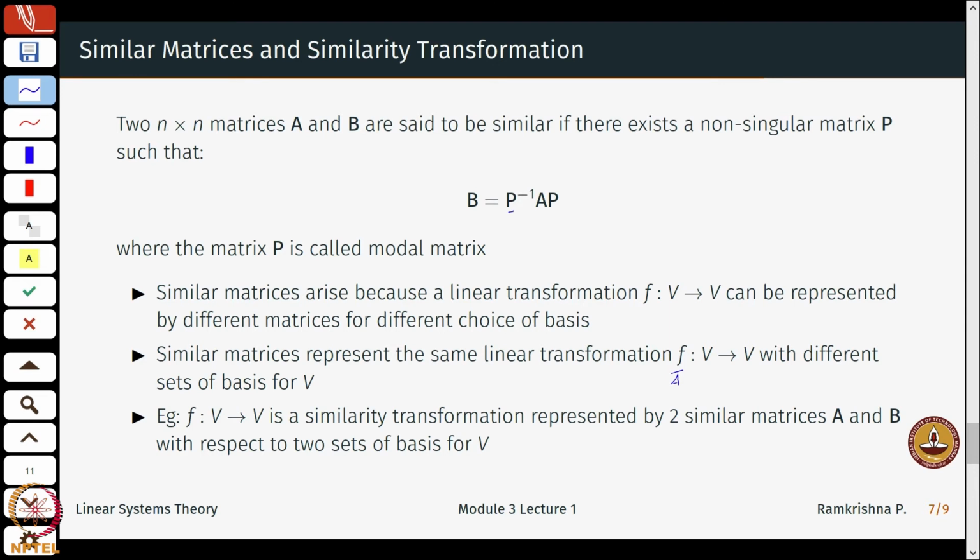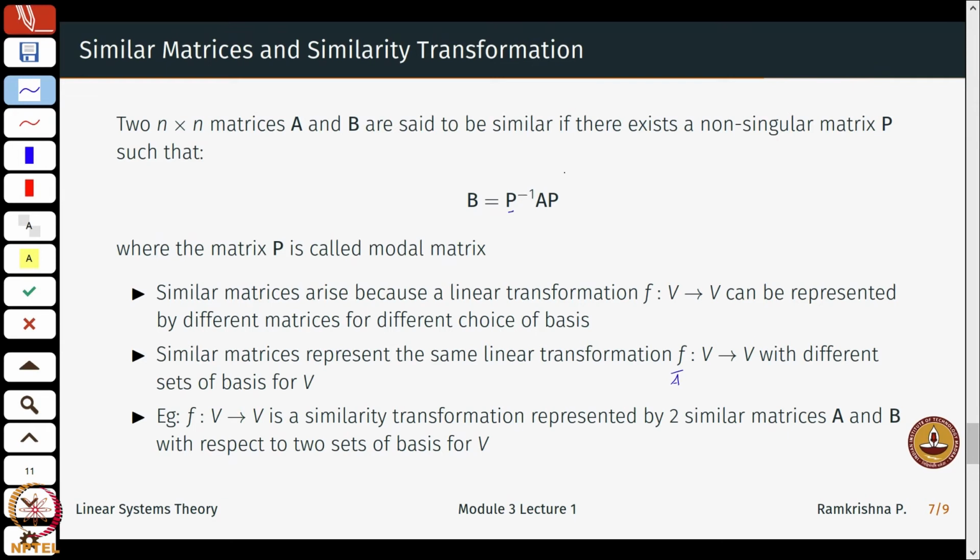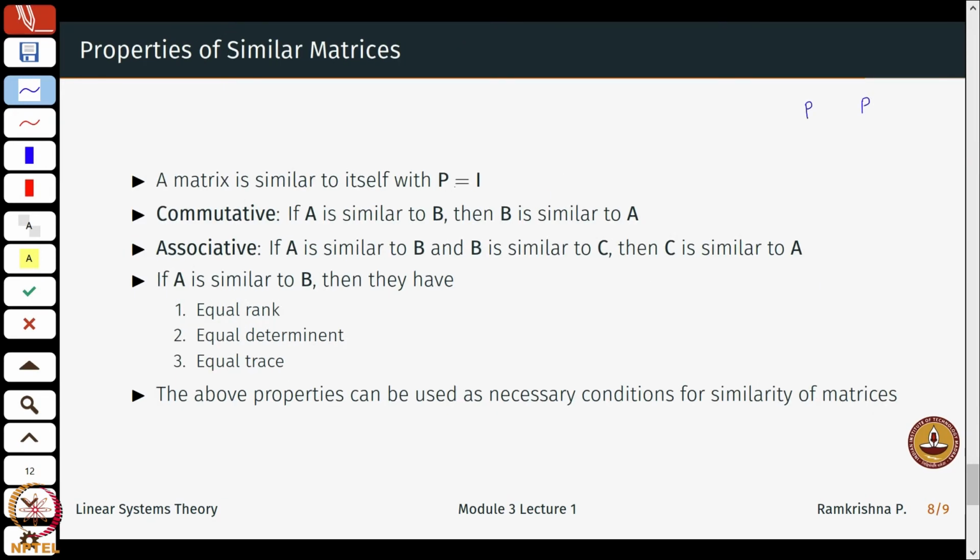Okay. So, how do we derive this? A matrix is similar to itself, right. So, what is the similarity transformation between P and P? Well, I can say that this is just the identity. Take a matrix A and A, what is P? The P turns out to be identity. This is trivial.